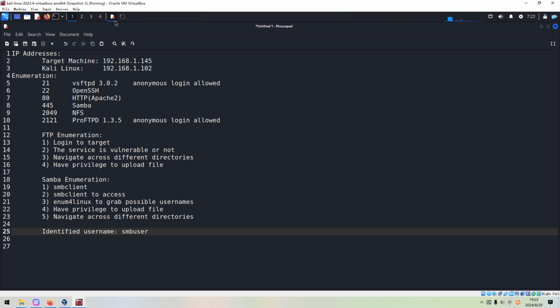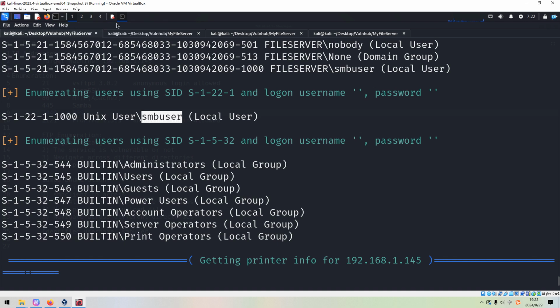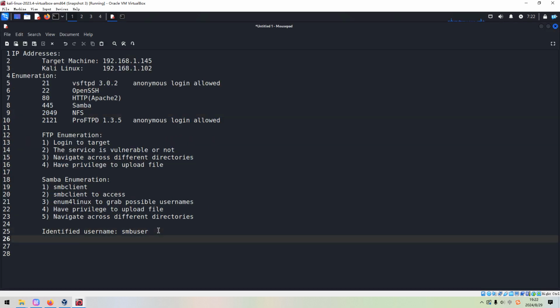And now we can go ahead to the NFS service. So how to enumerate the NFS service? We can use the utility showmount. So NFS enumeration. We can use showmount with the option -e to see whether there are some shares on the target, similar to Samba.